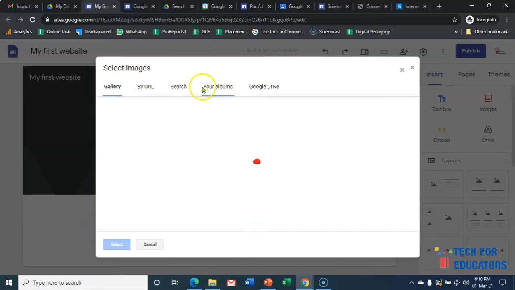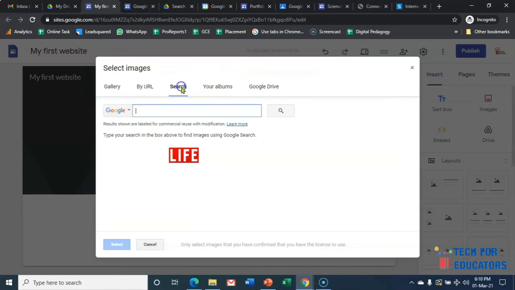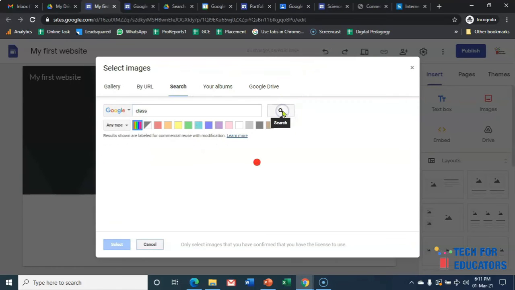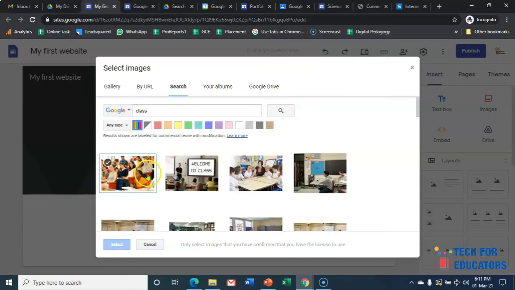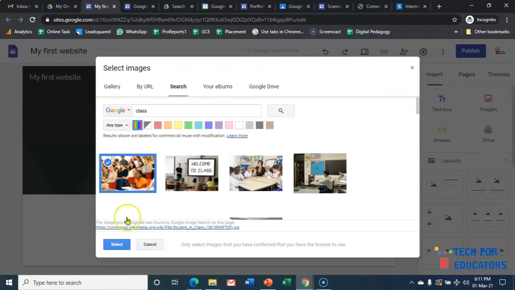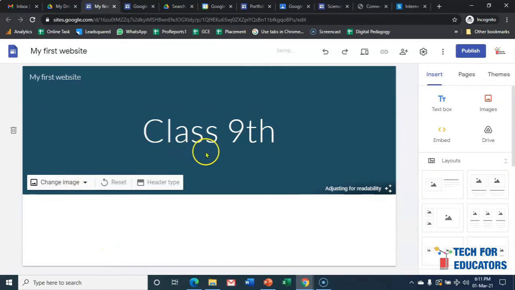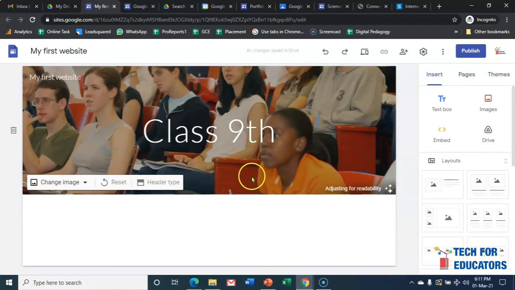Here I'm randomly selecting any image which is coming on the search option. Okay, I like this image, so I just click on it and insert the image. So now this image will become the background of this page. So this is the background of my page, class 9th.